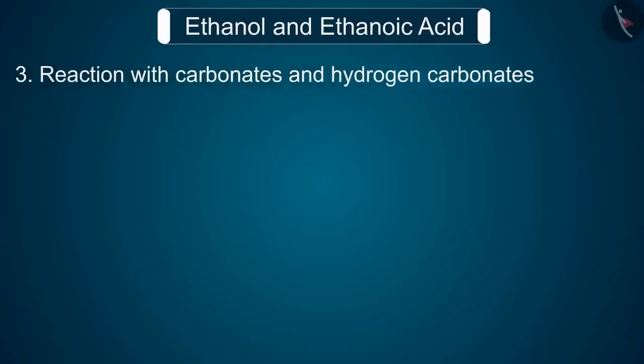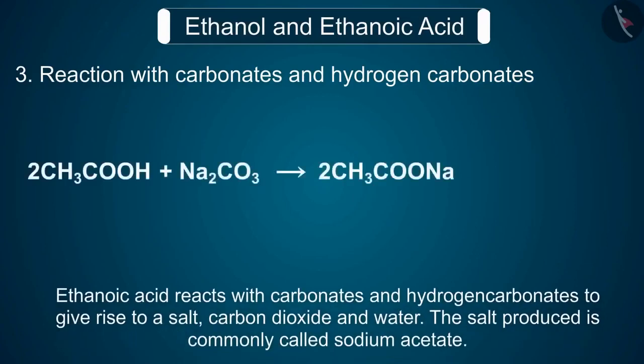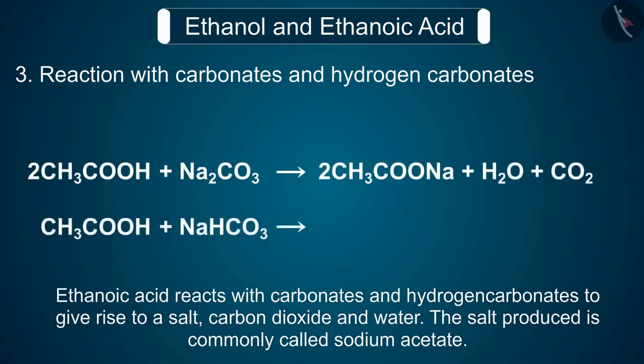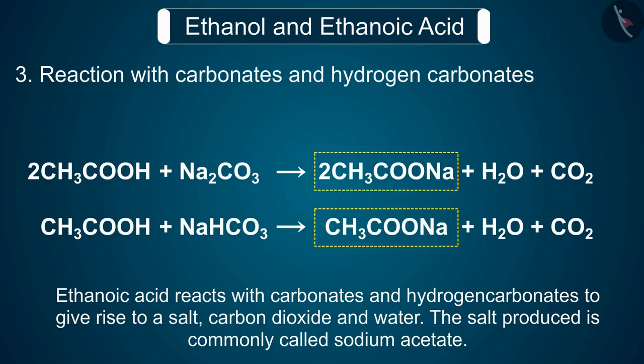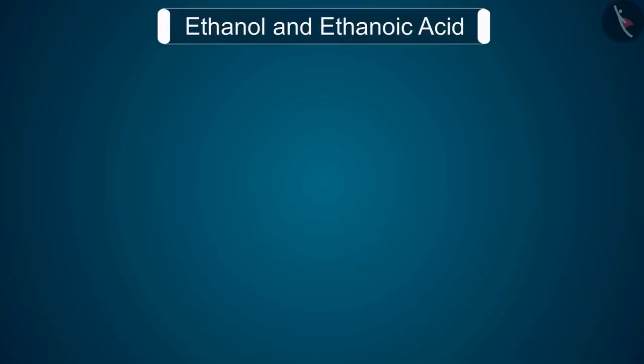3. Reaction with carbonates and hydrogen carbonates. Ethanoic acid reacts with carbonates and hydrogen carbonates to give rise to a salt, carbon dioxide, and water. The salt produced is commonly called sodium acetate. This was all about the physical and chemical properties of ethanoic acid and ethanol. Friends, in this video,